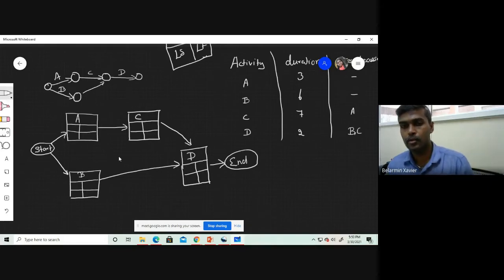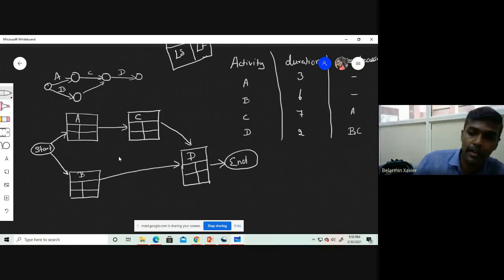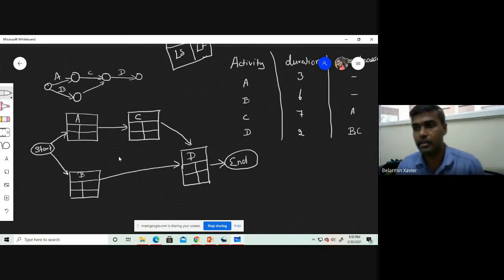So now you understand the diagram difference between the activity on arrow and activity on node, which means the precedence diagram method.